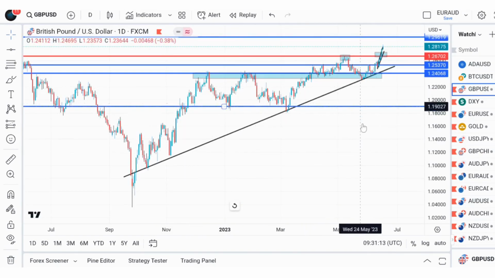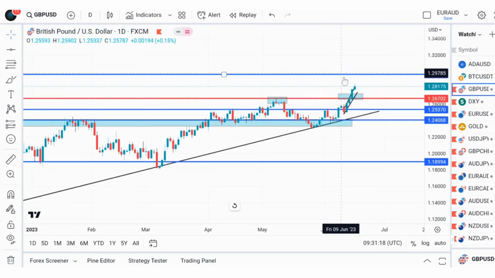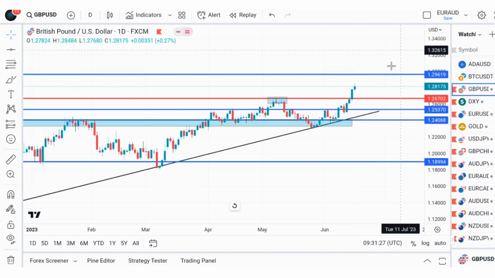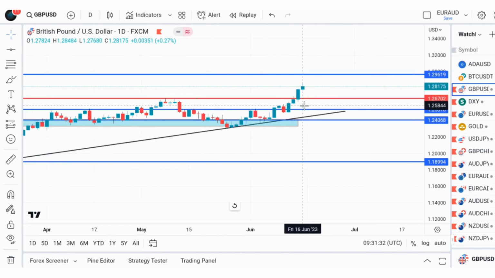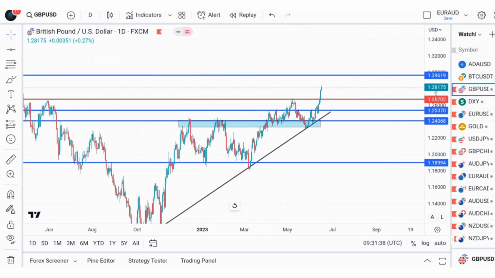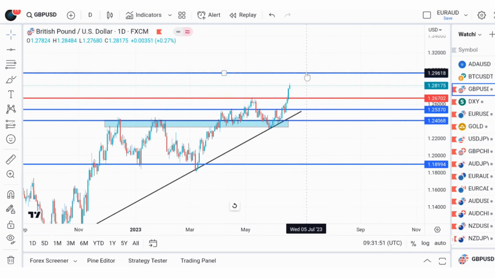This is the GBP USD, and then we saw the GBP strength last week coupled with the US dollar weakness, which made this GBP USD rally throughout last week. So here too, we are still looking for more move to the upside. So this is the first target right there, which it has hit, and it broke out on Thursday. We have a breakout of this first target, that is 1.26712 last week. So the second target is about to hit,